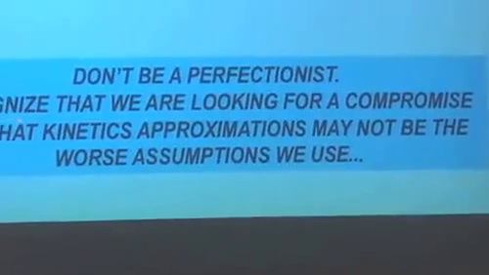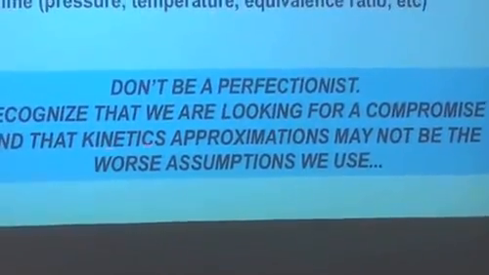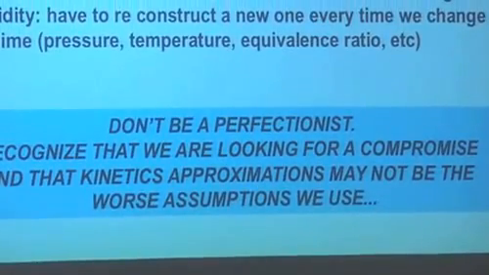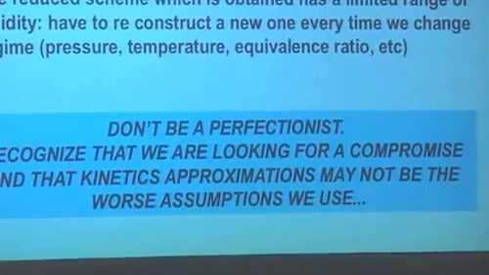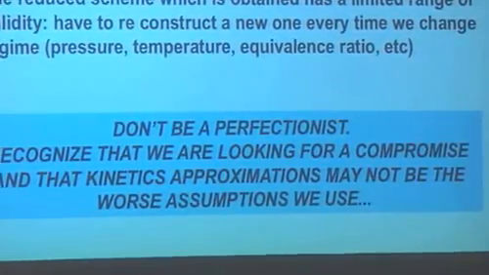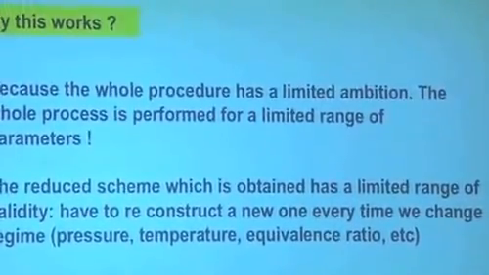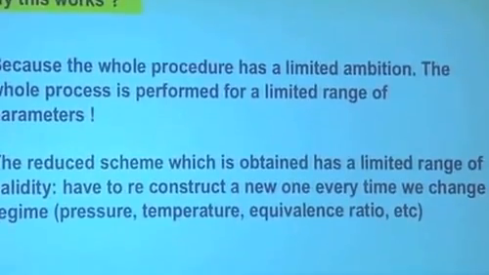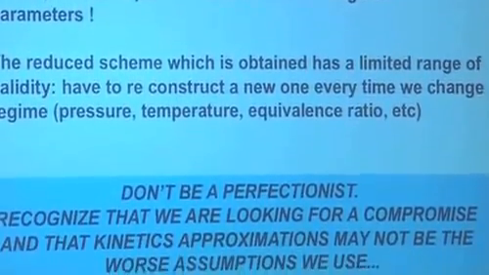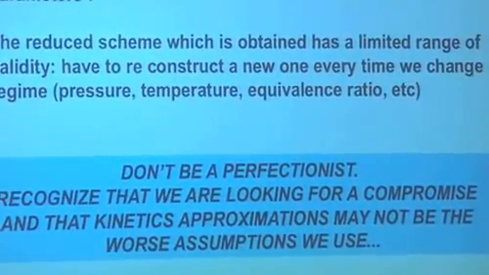And again, I've said that yesterday, you don't want to be a perfectionist here. You have to recognize that this description of chemistry may not be the worst thing we'll be doing in the code, okay? So you don't want to waste all your effort just trying to bring more chemistry into your problem. You just want the minimum chemistry you need to be reasonable. And normally you should know your targets. You should know what should be conserved in your chemistry.